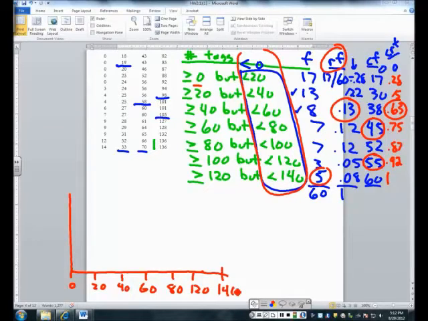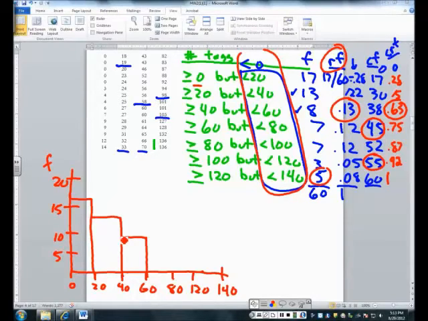So in the first class, 0 to 20, there were 17 values. Let me do this first, get the axis here. This is going to be 5, 10, 15, and 20. So in the first class, I had a frequency, which is what these are, frequencies of 17. So that's about that. In the next category, 13, about like that. The next category, 8. The next category, 7, and the next category,